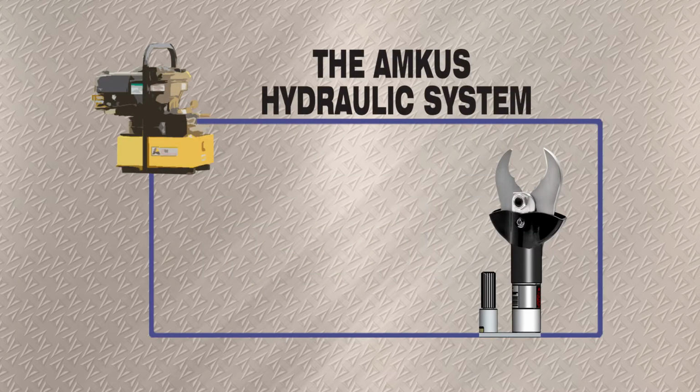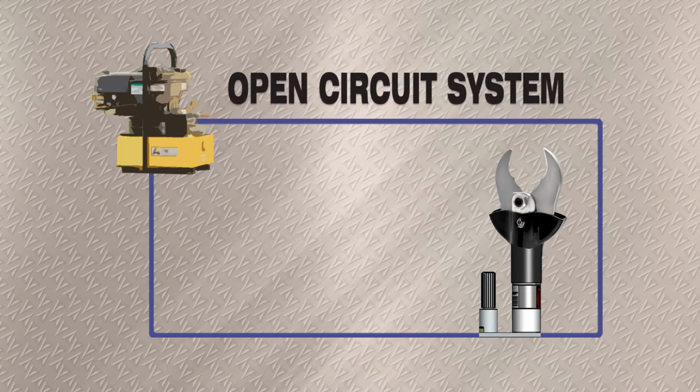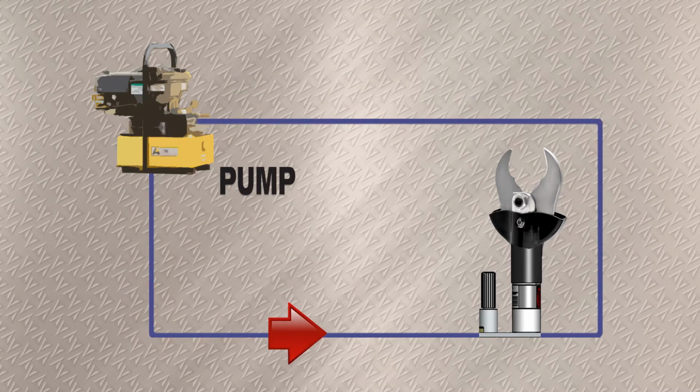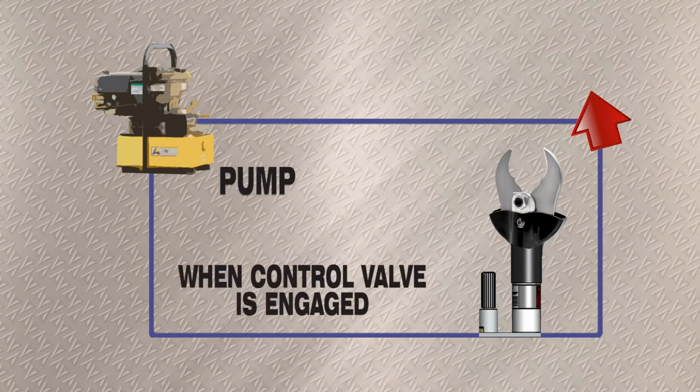But for those who are new to hydraulic systems, situations like this are anything but simple. The AMKUS hydraulic system, like many rescue tool manufacturers, is an open circuit system. The pump in an open circuit system supplies continuous flow. As long as the control valve remains in the neutral position, the fluid bypasses it and flows back into the reservoir. However, when the control valve is engaged, meaning you move to the right or the left, the fluid is